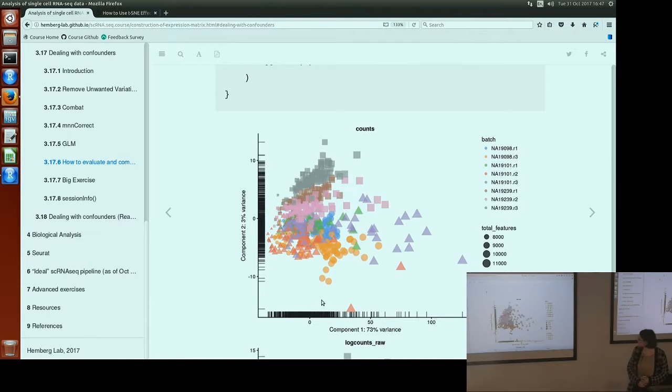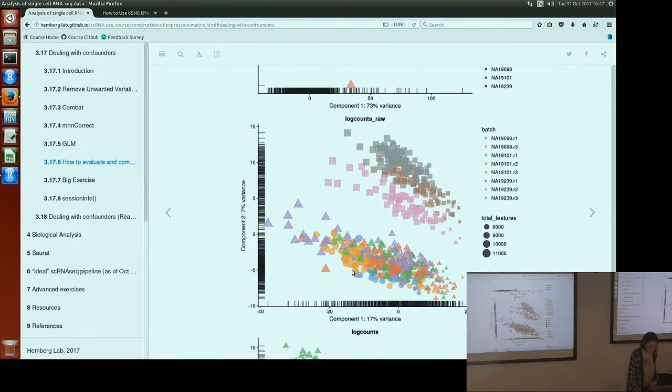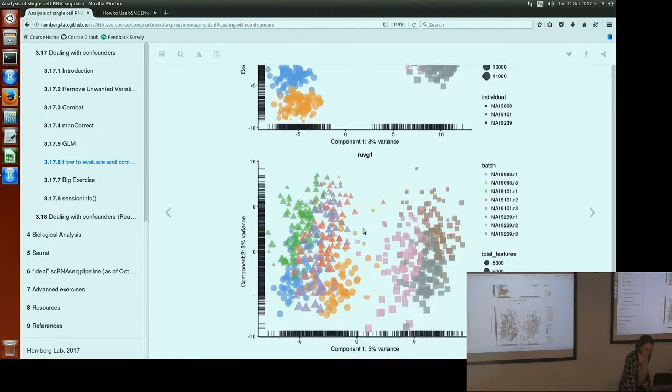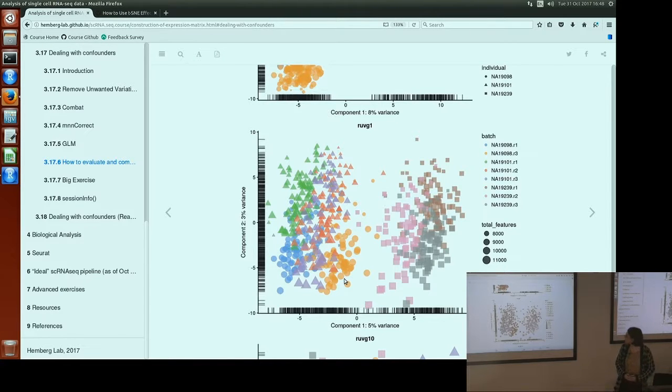So here's the raw counts. You can see, again, the library size is the dominant factor. And then when we normalize for library size, we have the different batches showing up. And then if we use RUVG, we can see that we have gotten rid of some of the batch effect, but we've also gotten rid of some of the biological effect, because these two individuals are now overlapping a lot,